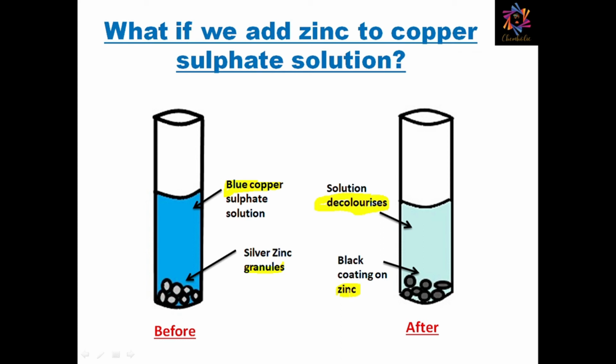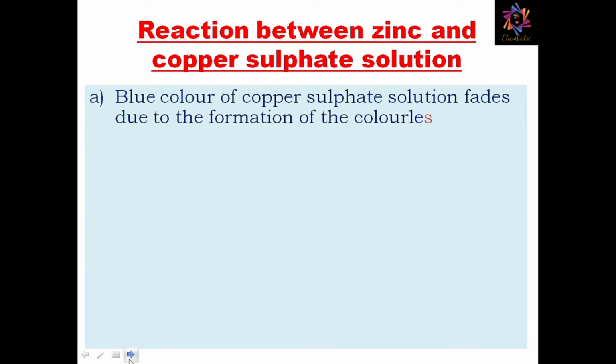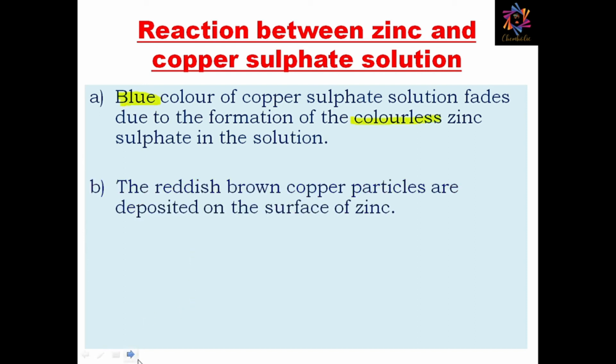This is the overall reaction which takes place. So now you see the blue color of the copper sulfate solution fades. It fades because of the formation of another salt solution, which is zinc sulfate. Now the color of the zinc sulfate is colorless. The next thing is the reddish brown copper particles are deposited on the surface of zinc,